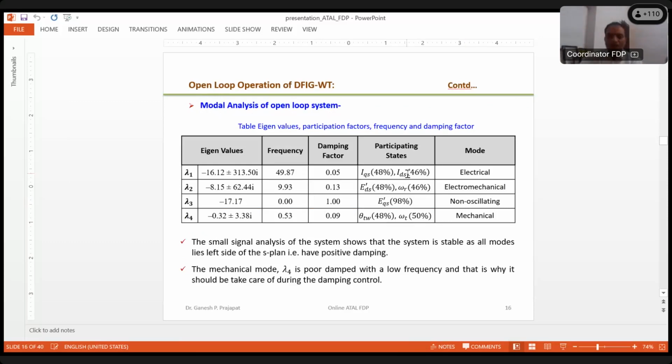the eigenvalues are obtained out of that matrix. First, we can think that there are four kinds of eigenvalues coming out of matrix A. You can find the frequency component as well as the damping factor of that wind system. All the dampings are positive, so that means the generator will work perfectly with the parameters which I have